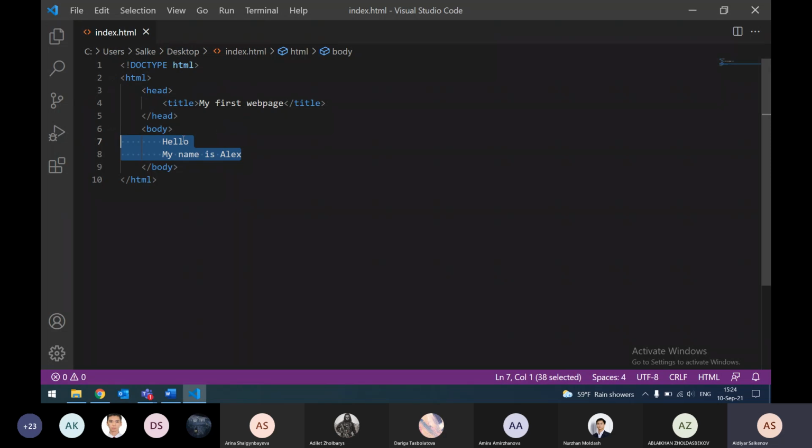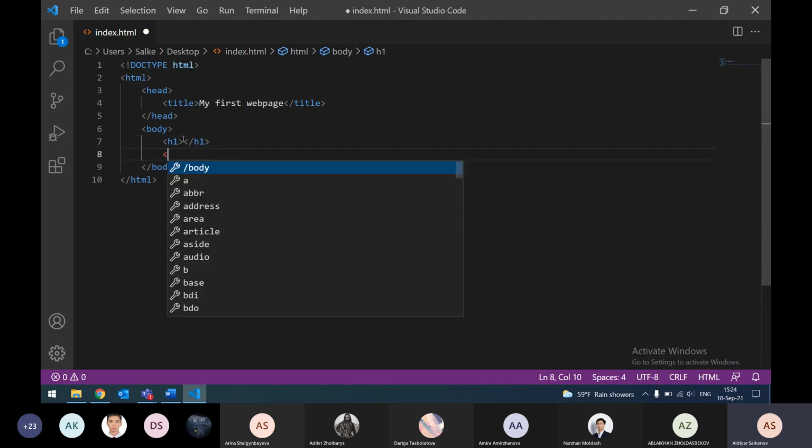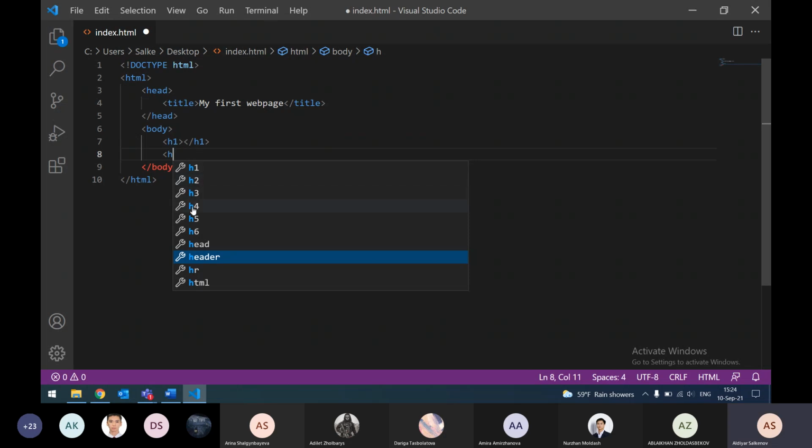So instead of having your text like this, we need to use tags. The first tag I would like to introduce to you today is called heading. We have different types of heading. The first one we would like to talk about is H1, heading 1. Heading 1 is the biggest heading you can find in HTML out of 6. We have 1, 2, 3, 4, 5, 6. We have 6 different headings. All of them have different